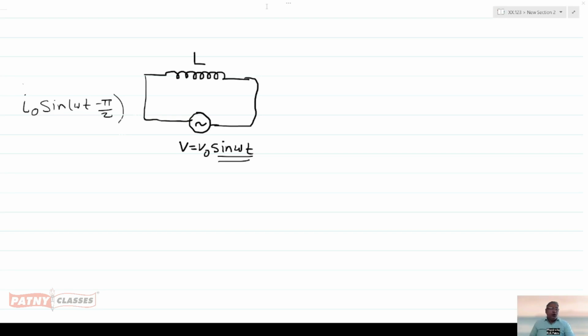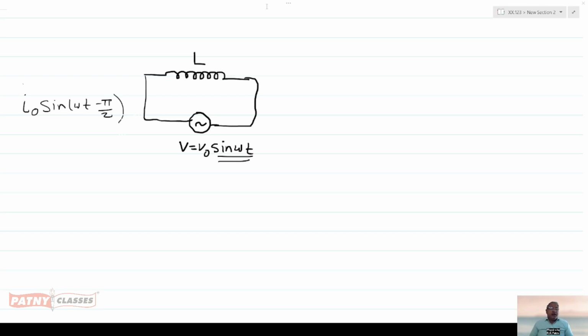I have redrawn the circuit here. The applied voltage across the inductor is given by V equals V naught sine omega t, and the current flowing through the inductor is given by I naught sine of omega t minus pi by 2. Now let us draw the waveform diagram and phasor diagram